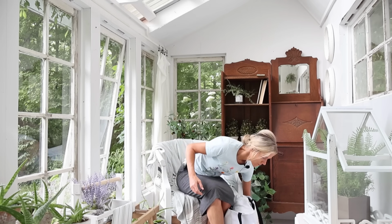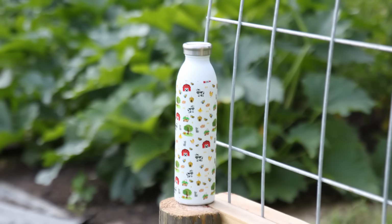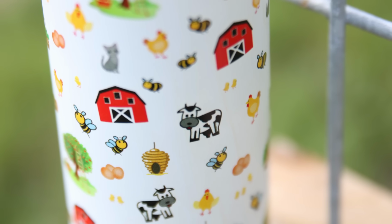I do have a tumbler here that I got to show you guys. This is possibly the cutest thing ever. You guys know how I feel about homesteading, like the beehives and the chickens and the garden. And I thought how neat that would be to create a line involving some of this farm life sort of thing. I'm still not quite finished with this homesteading line of products,